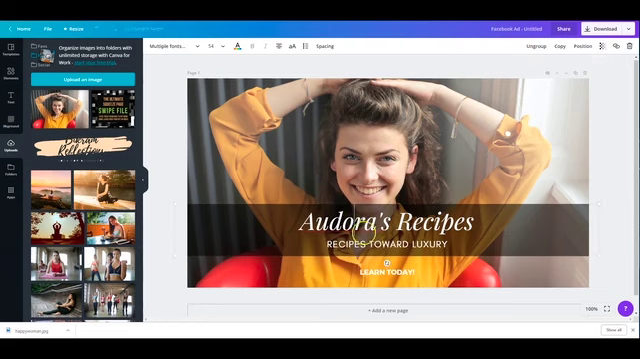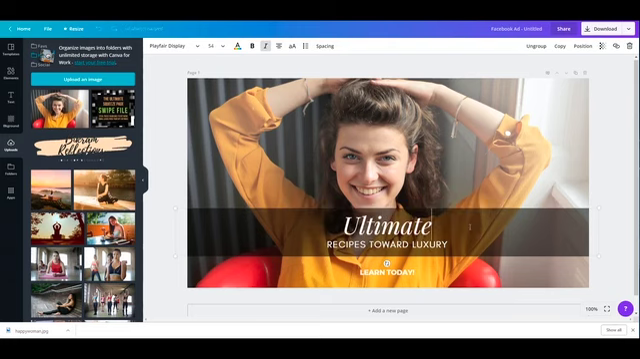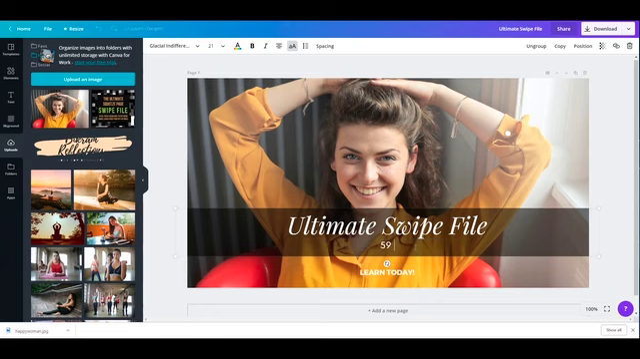So we want to go here and change this little icon down here at the bottom, this little text, because obviously we're not selling a recipe book. So I want to go and change this to, again, this is going to vary based on your actual lead magnet that you're giving away. Let's just call it the ultimate swipe file. And we'll change this here to 59